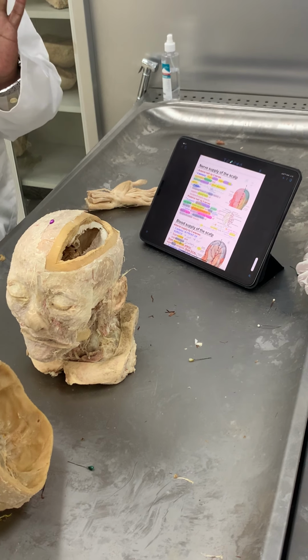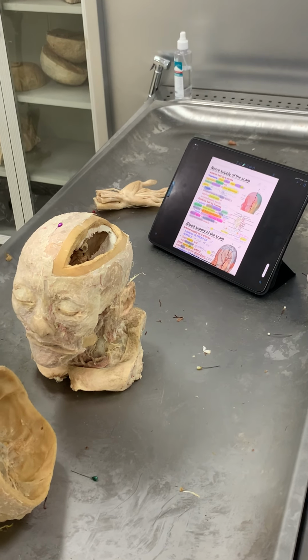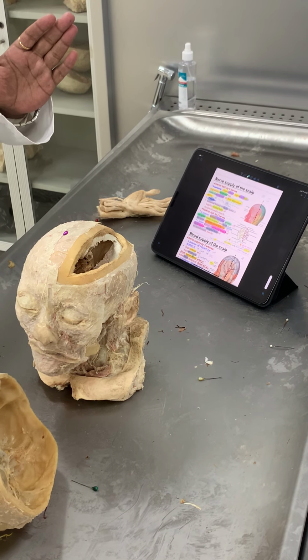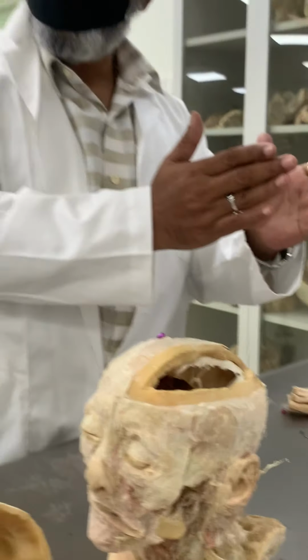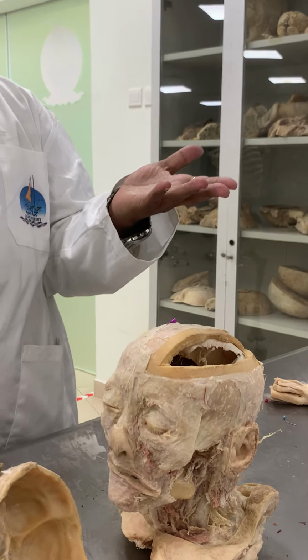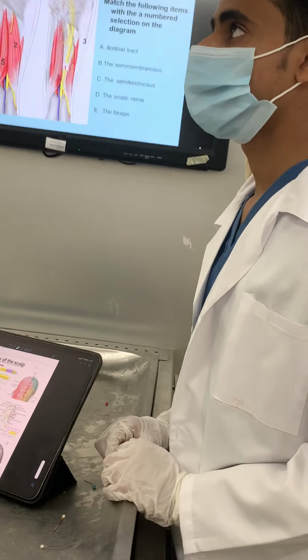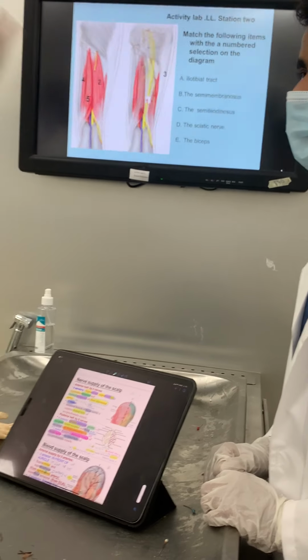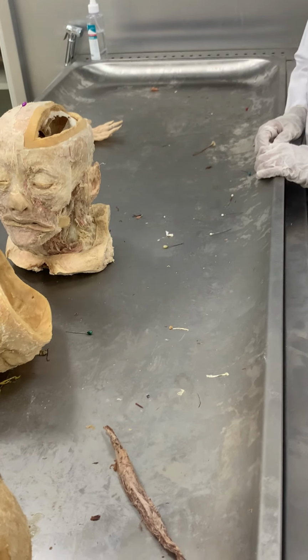So here you have to remember the sensory and motor only, for both the anterior half and the posterior half. You have to mention the sensory nerve supply and the motor nerve supply. Whatever it is, it depends upon the question. If we ask only motor, you write only the motor nerve. If we ask sensory, write only sensory. If you ask both, you have to write both motor and sensory.